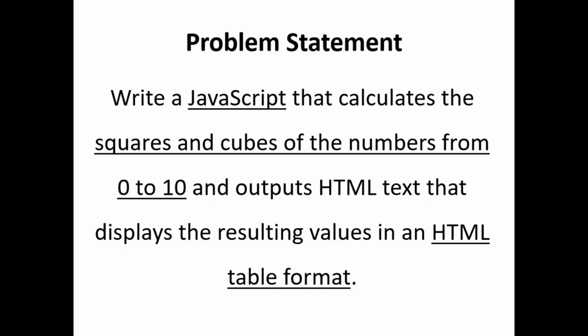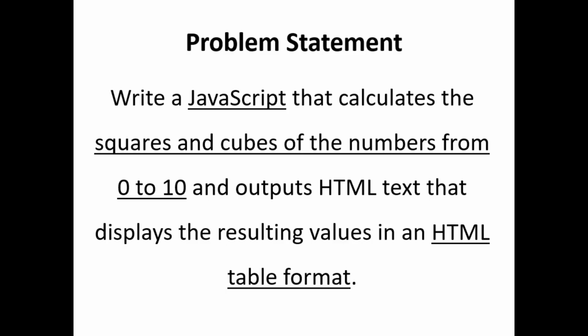That means you have to display a table of rows and column arrangement, where in one column we have to display all the numbers 0 to 10. In another column their equivalent squares and then their cubes. I will come back to the JavaScript part in this program later.